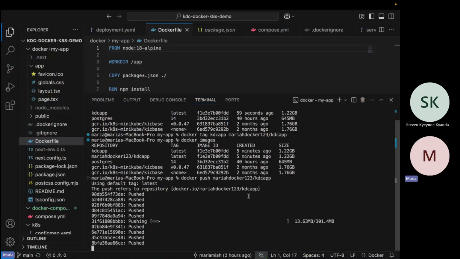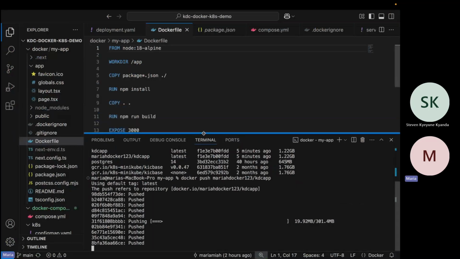But you need to find a way of optimizing this size. There's another method called multi-stage. I'll later show you another command that can create an optimized file that has the multi-stage builds, and we shall see how it works.